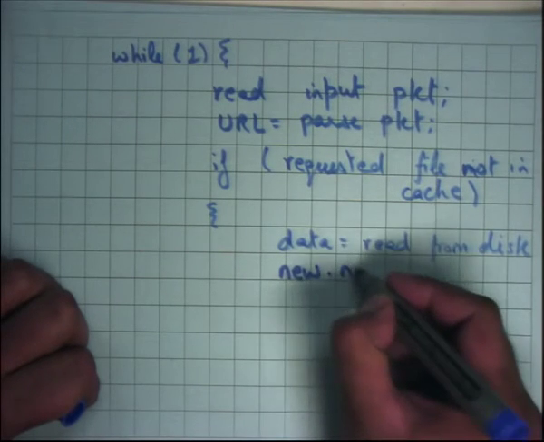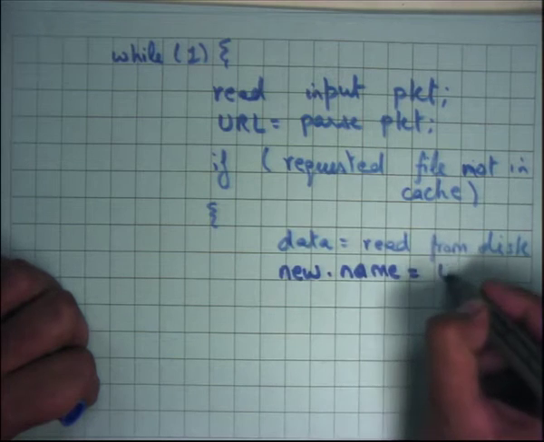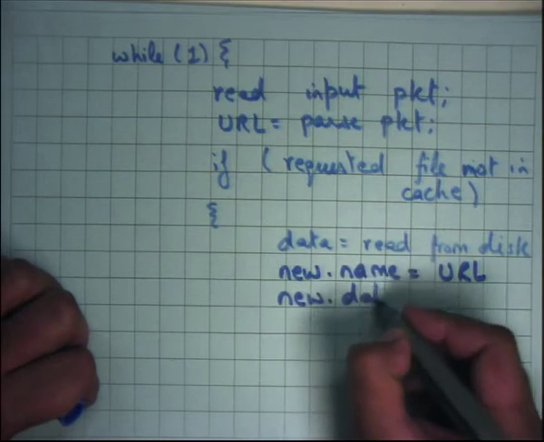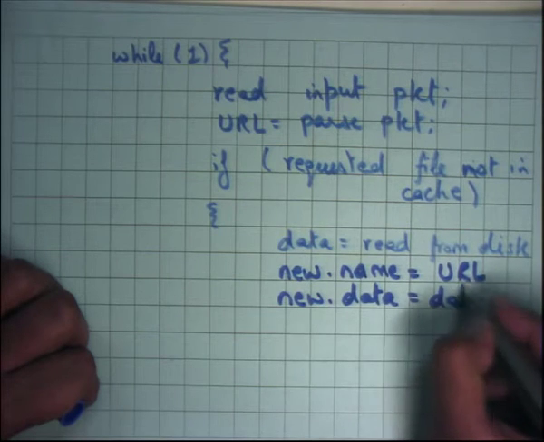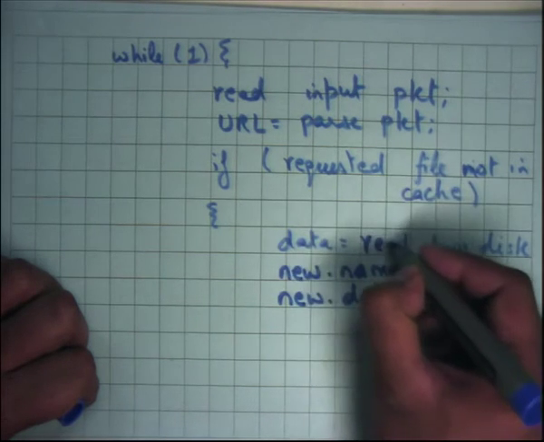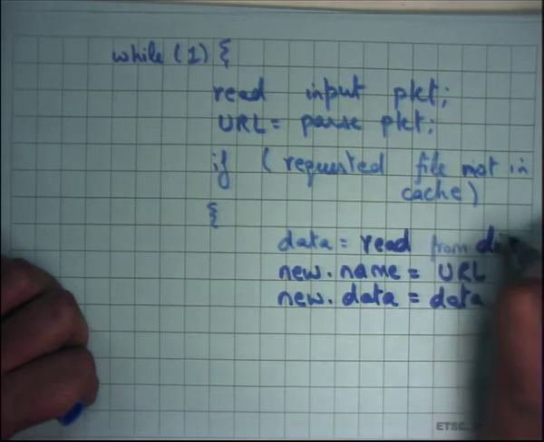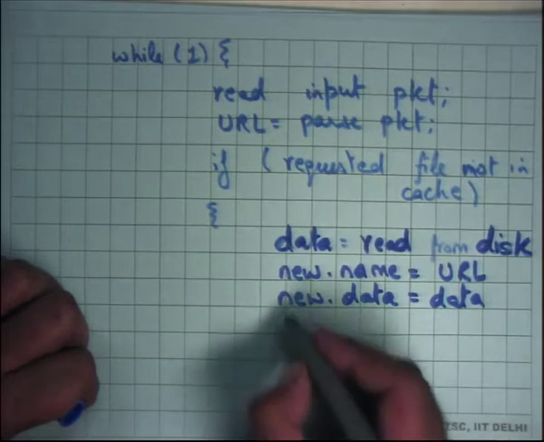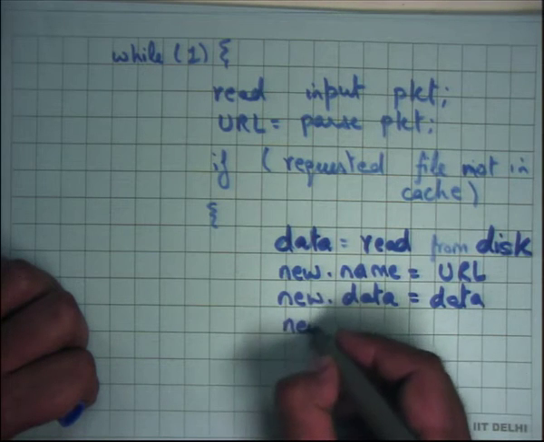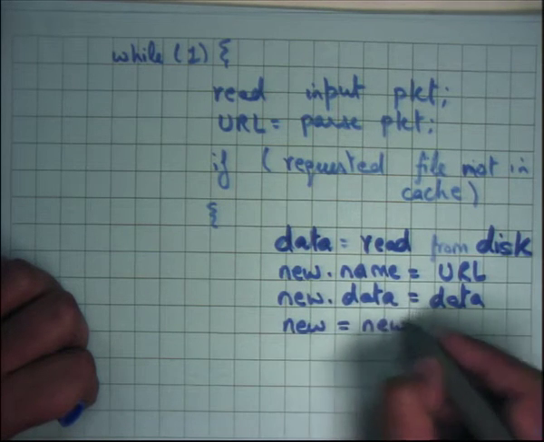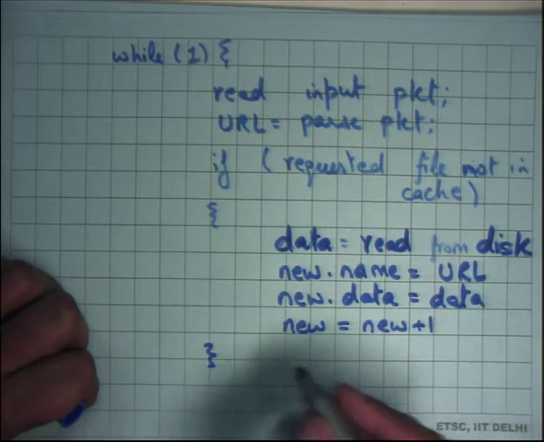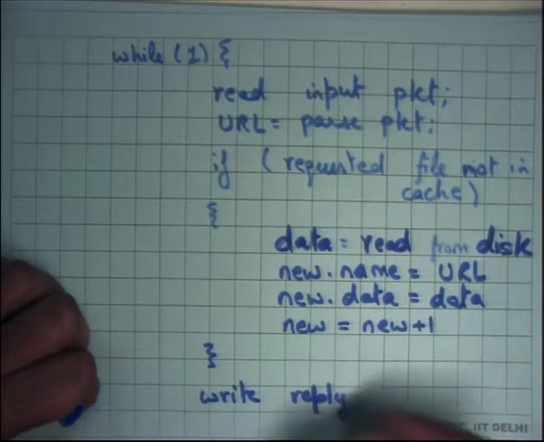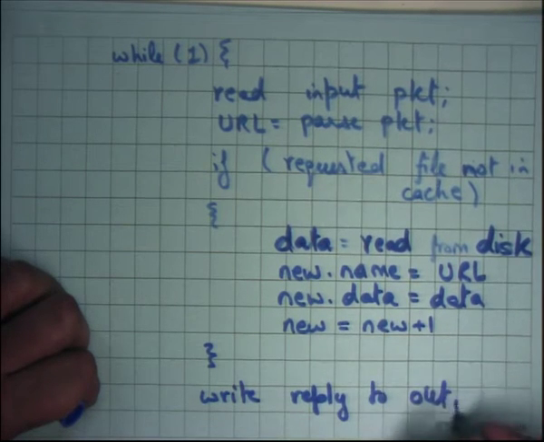New dot name is equal to URL, new dot data is equal to data, right, and let's say I have some counter which says new is equal to new plus 1, all right, and then I just say write reply to output queue,